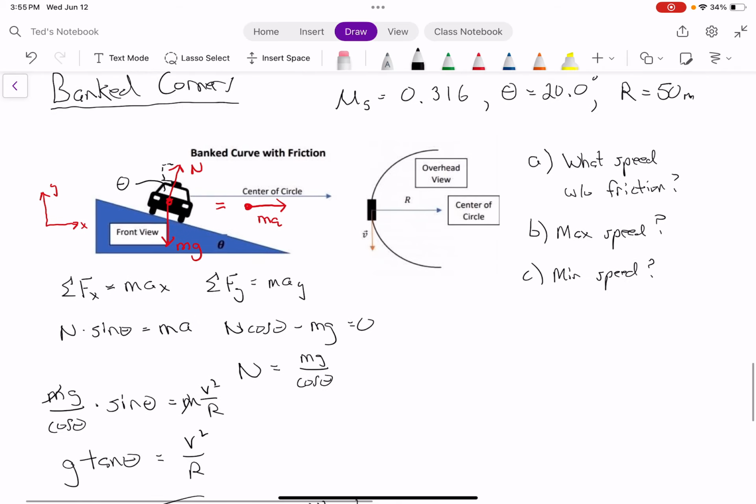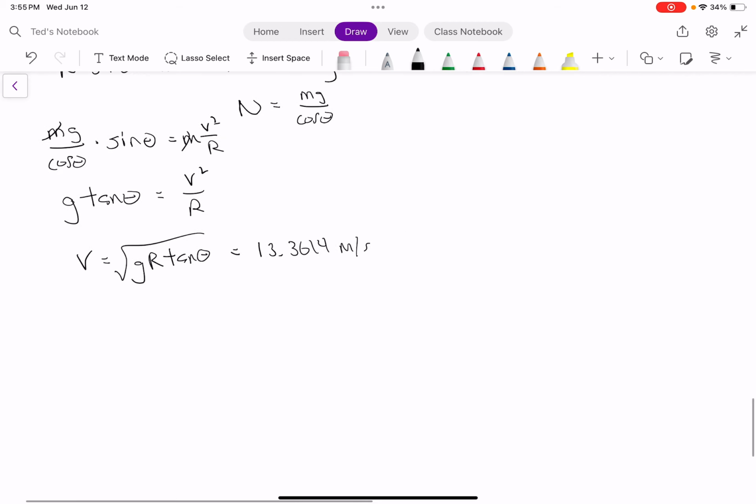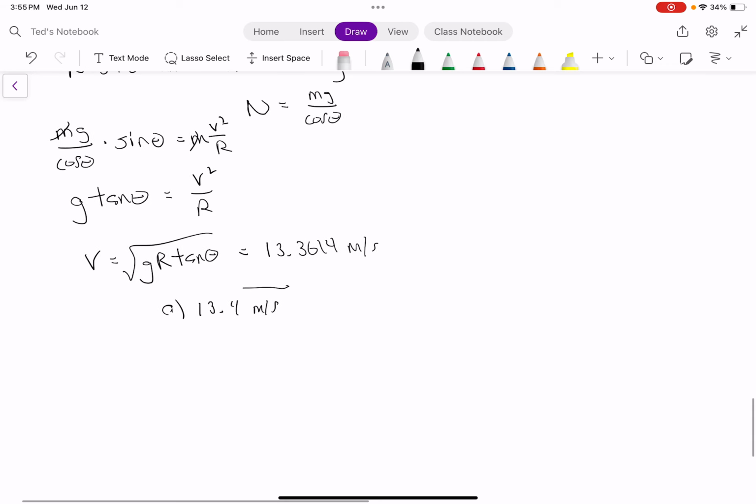And the problem has, well, let's make this 50.0 meters. That way the problem has 3 significant digits. So this would be, for part A, the answer would be 13.4 meters per second. Okay,